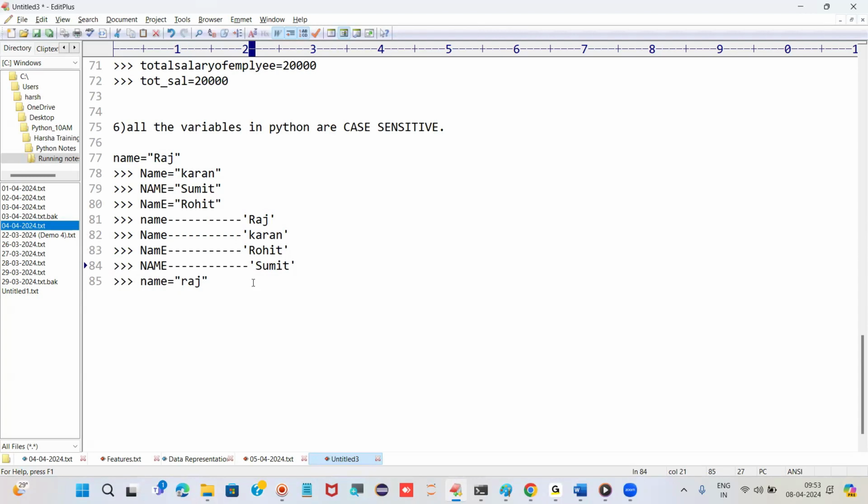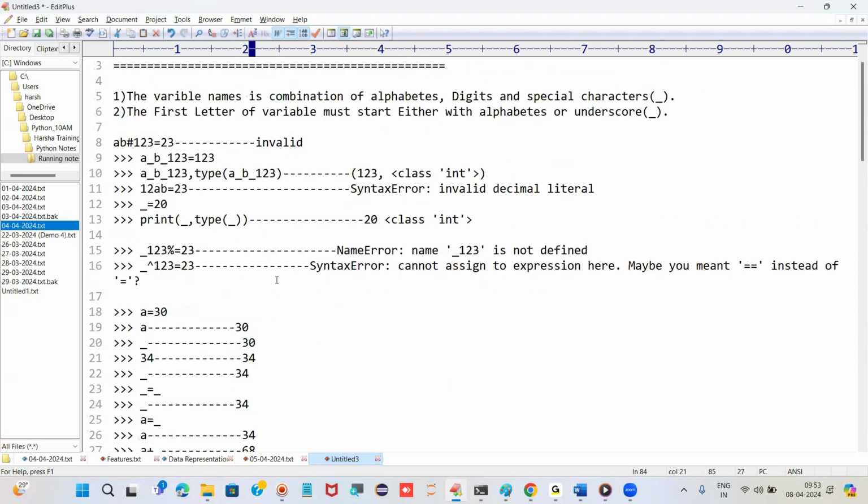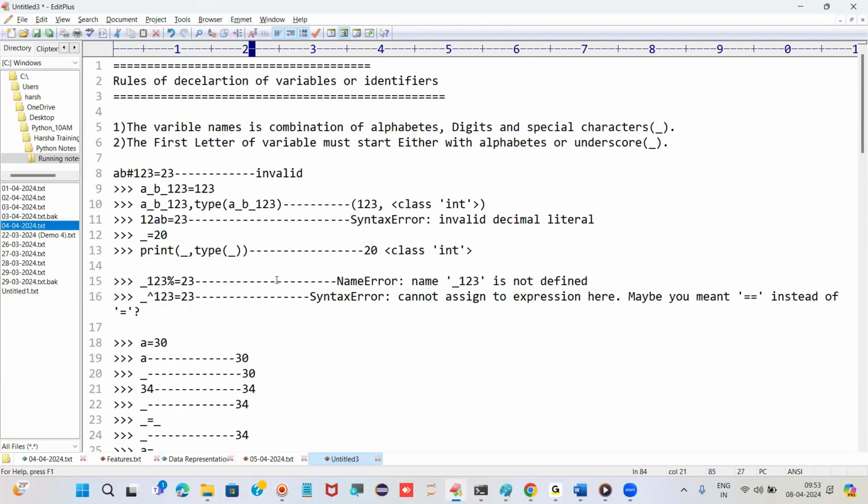Now you got the idea? Six rules we have. Okay, six rules to declare the variables. This comes under interview question. I'm telling you again and again. You should not ignore anything in Python. A single thing can make you a career,